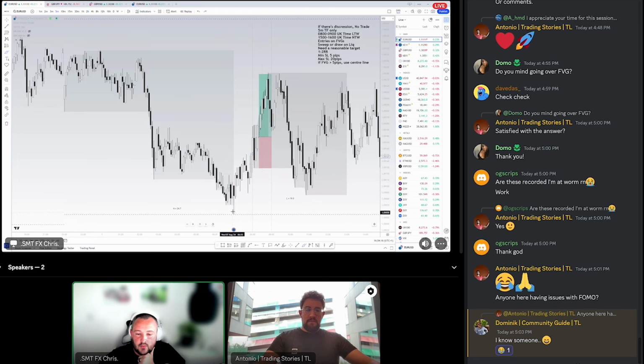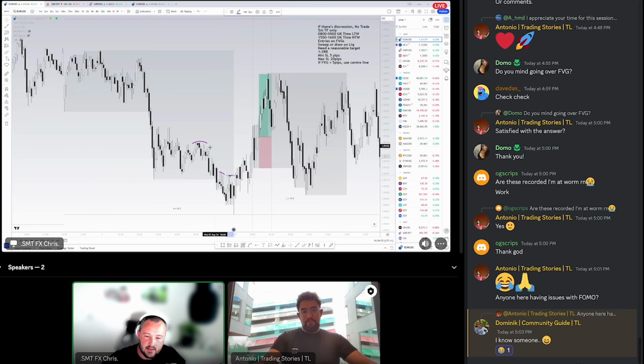So we've seen this wick take out the low of the Asia. And then after that, we can start seeing some bullish momentum. Now, there's not really a clear bullish structure until we start to see something a bit more prominent, like this high here being taken. We probably could argue that some of these candle wicks here are highs, and that technically we turn bullish from around here. I would partially agree, but I would also say that it's quite aggressive, and it would probably be more down to your personal risk appetite if you like to be aggressive that way.